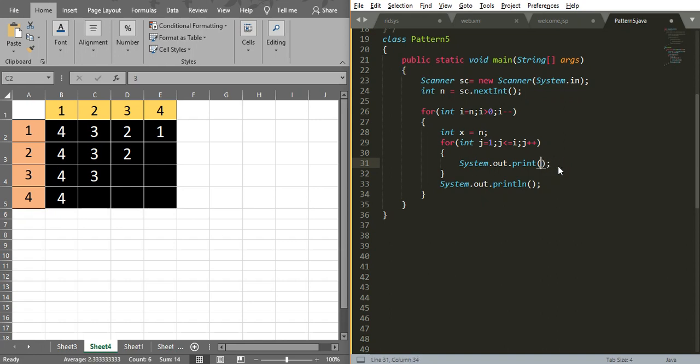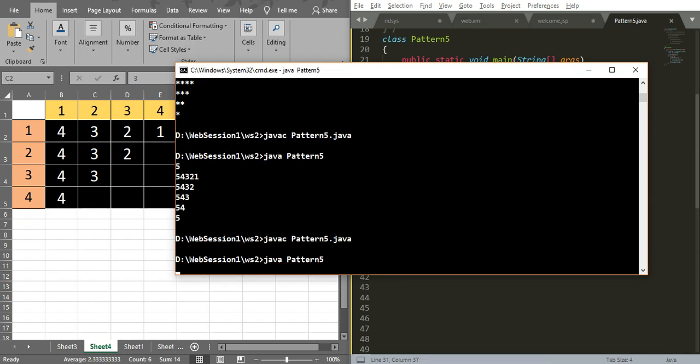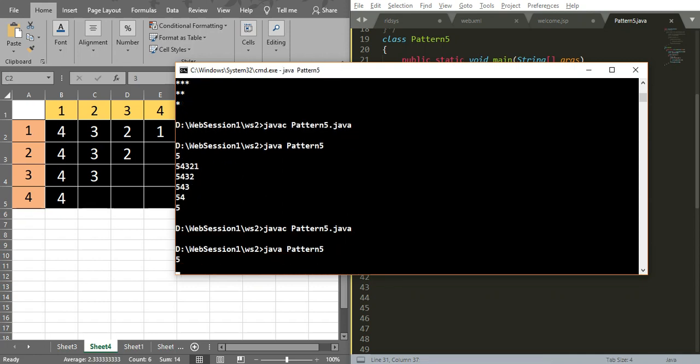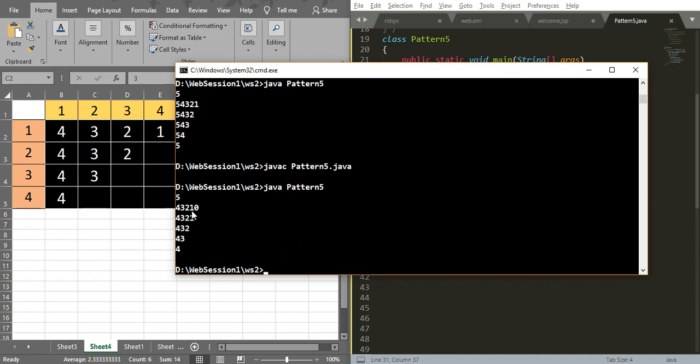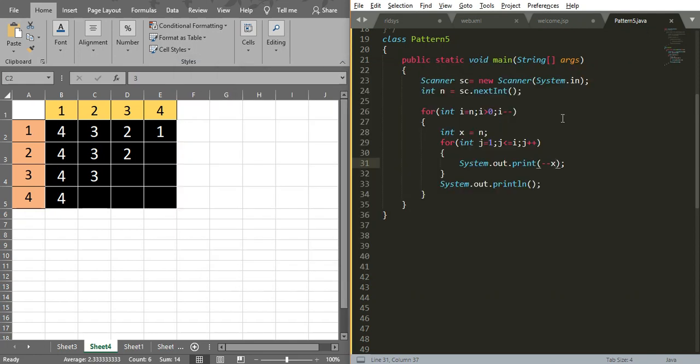Let me change that to minus minus x. Again I'm compiling it, I'm giving the same input. If you see, I'm getting a 0, so the output is wrong. I'm missing the first column, right? So that is why I'm writing x minus minus. This is the reason I'm storing the n value inside the x variable and decrementing the x value.